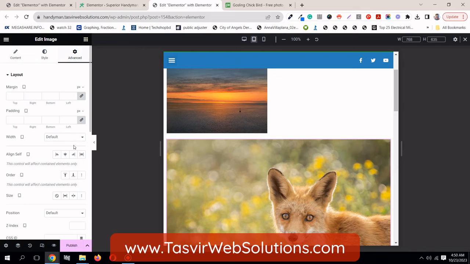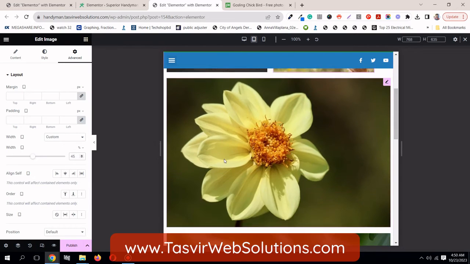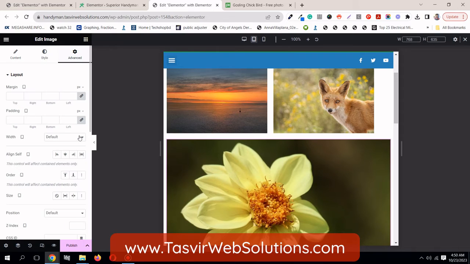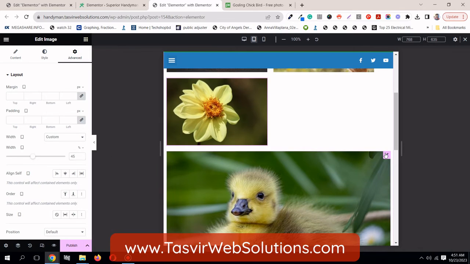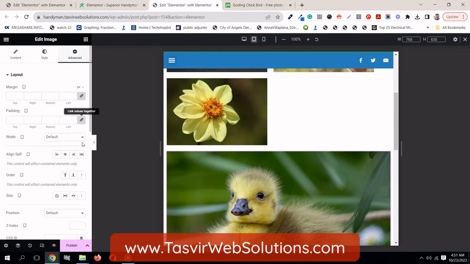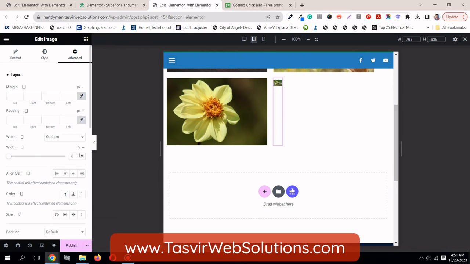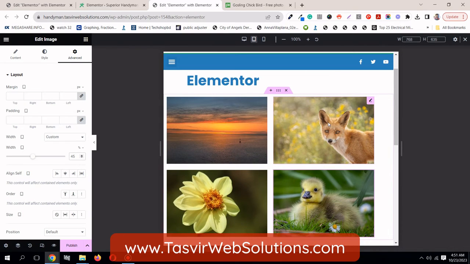Same with this one, width, custom, 45. For this one too, width, custom, percentage, 45. For this duck image, width, custom, 45. Okay, great. But you see over here the distribution is not kind of correct, because